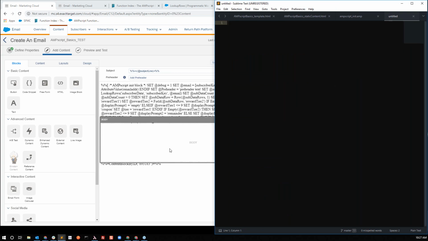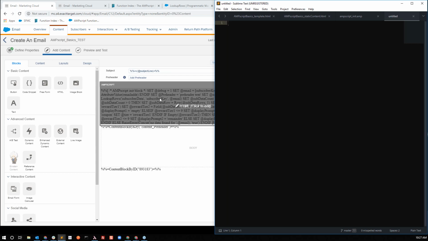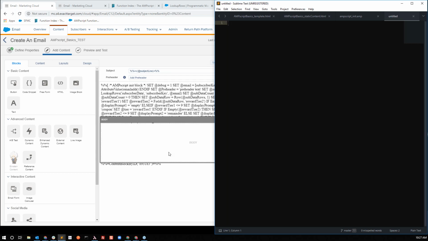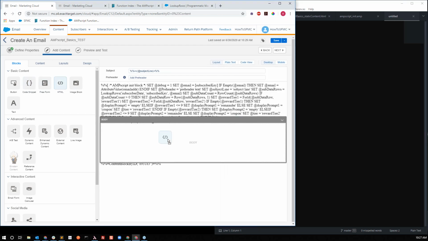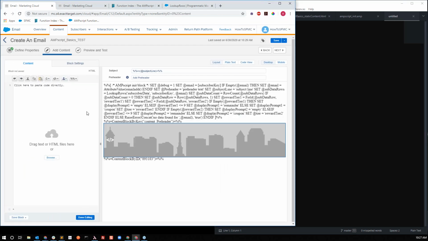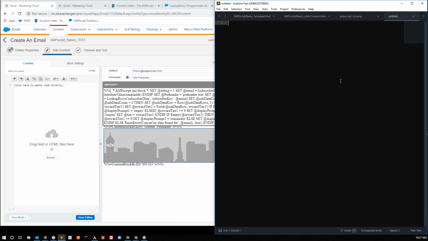and we're going to start our body copy now. So now we've got all the data brought into the email, but we're not actually displaying anything. So we've got to get something displayed here. So we are going to drop another HTML block in there, and then go back over in here and open up a